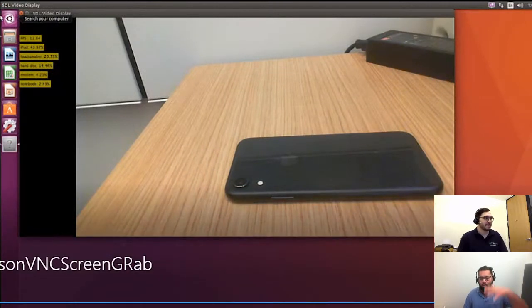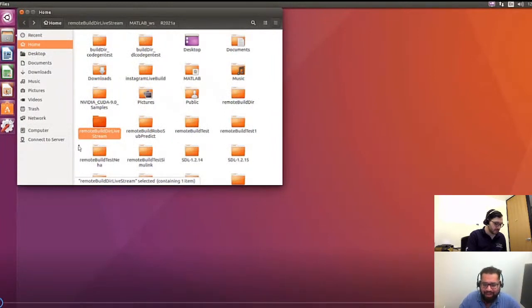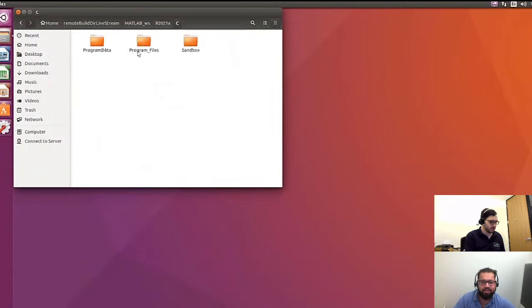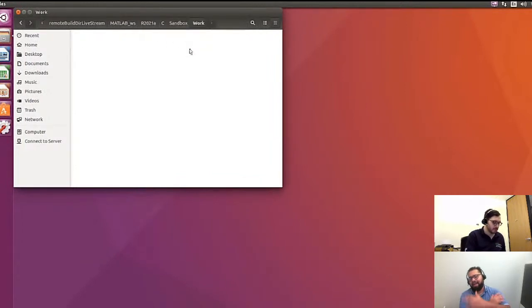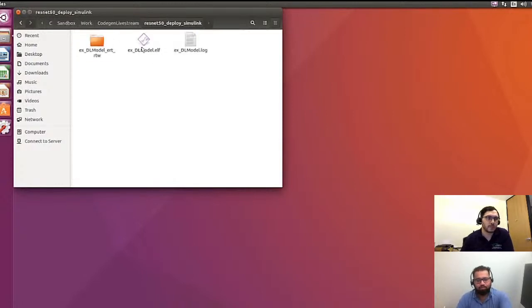So once that code gets generated on there, this is what it'll look like. Notice that you have remote build directory, start live stream, and then if you click through all those different options, all the different folders in there, at some point you'll get to the same folder structure that you have on your computer, and then you'll see the .elf file in there. So ex_DL_model.elf, and then if you fire that up from there,